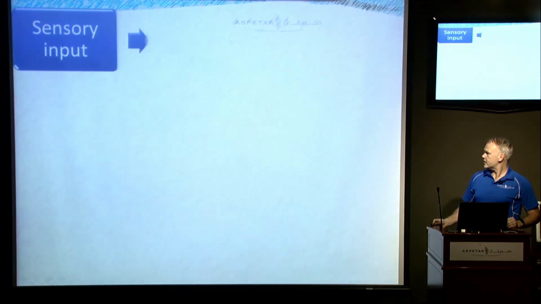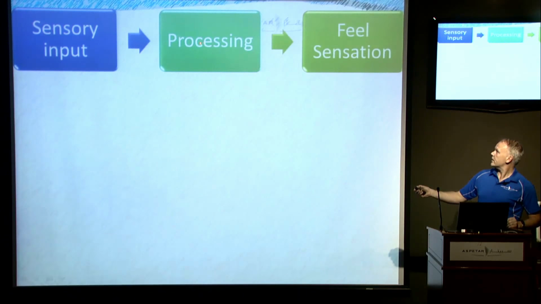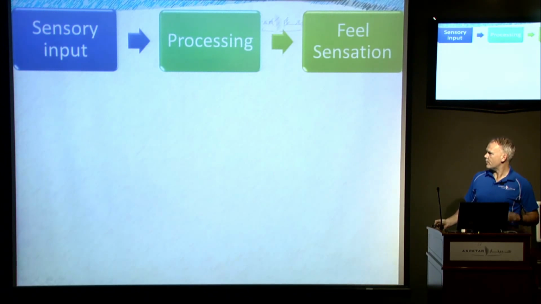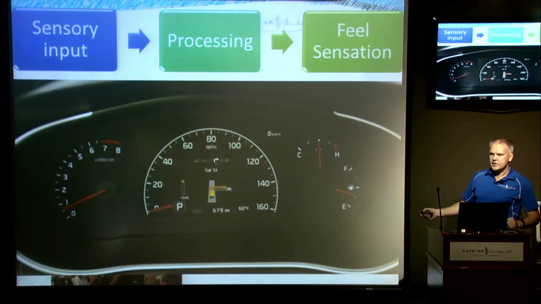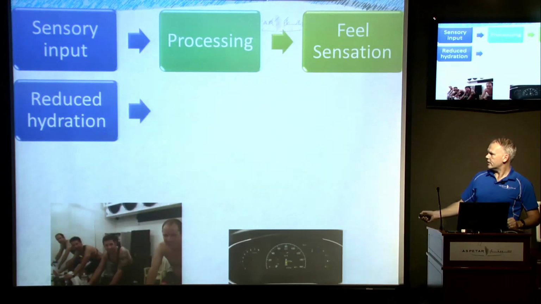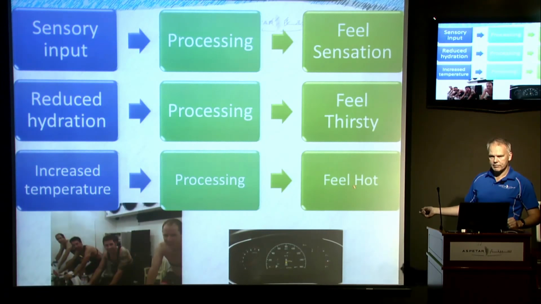But if we think about how our sensations generally work, while most of us think there's some kind of sensory input, this gets kind of played around a little bit with the brain to make sense of it, and then we feel that sensation. If we place that into a real world context, for example, most of us think of this like, well, there's stuff going on in the engine and out through there, and we're going to get some kind of reading back from it here on the dashboard, and it's going to tell us how fast our engine's going, or what our temperature is, or what our hydration status is, so that when our hydration goes down, we'll end up feeling thirsty. Our temperature goes up and we end up feeling hot.